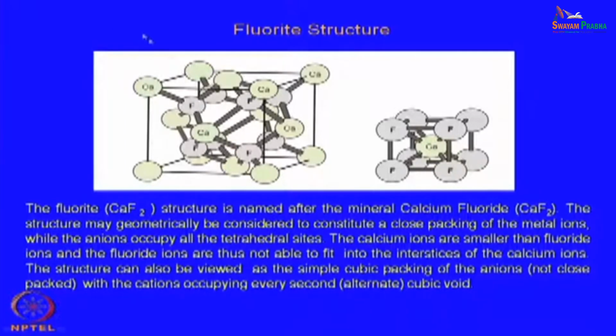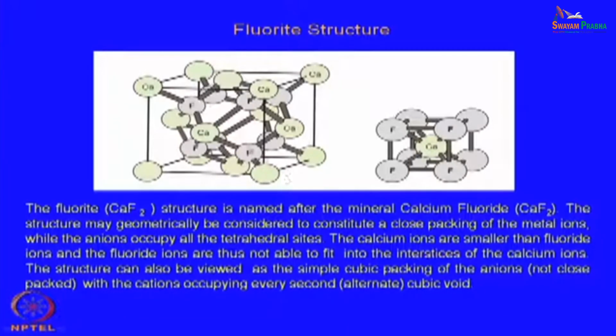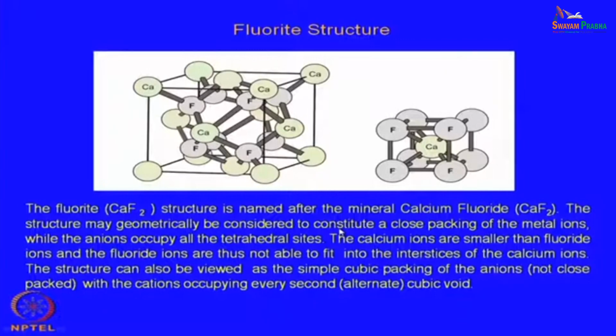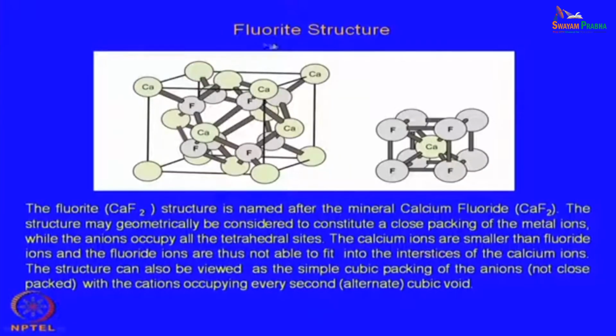In addition to that, the structural features are also important for the movement of the cations, or the movement of the anions in this particular case. We will discuss that when we discuss the property. That property is actually derived from this particular typical crystal structure. Now, as I said, it is the fluorite structure type, and some of the important oxides which